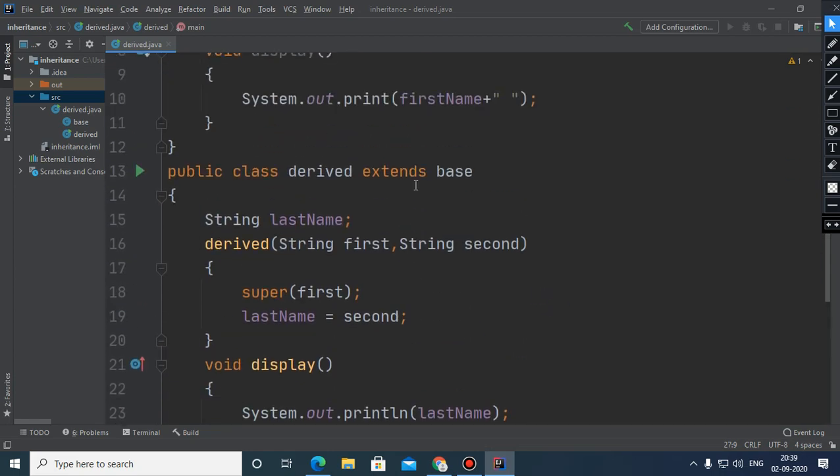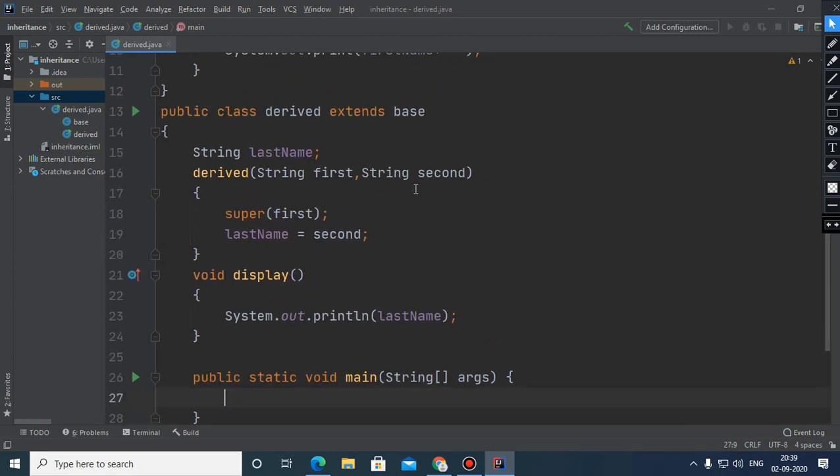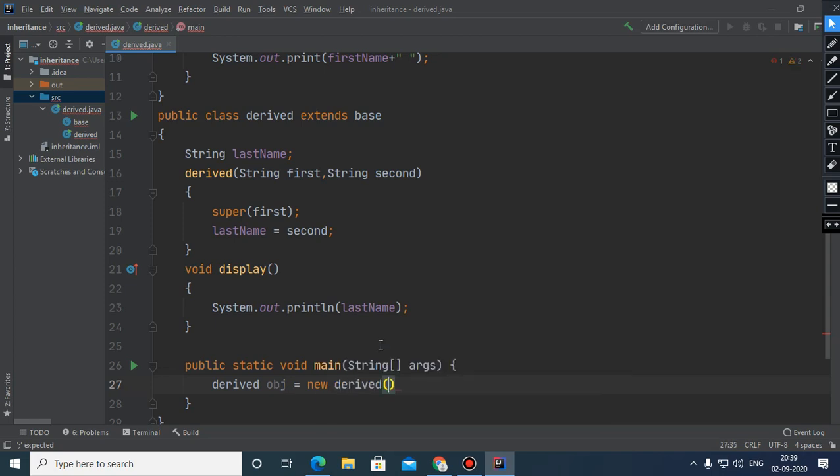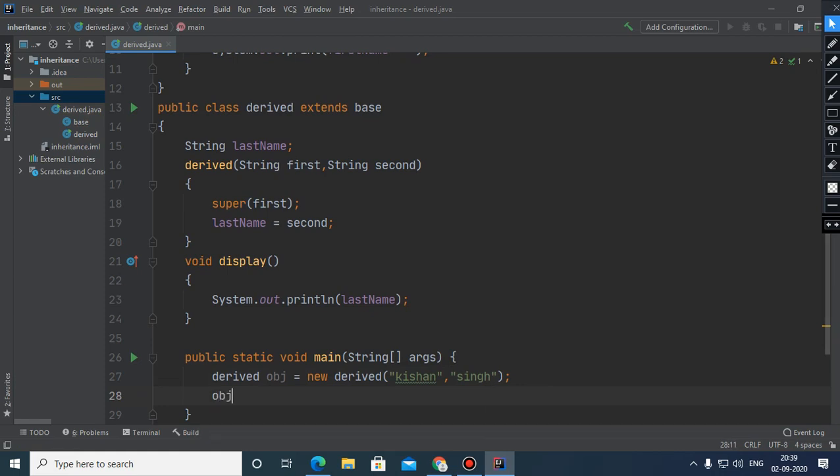That is, derived obj is new derived, and here I am passing two parameters, Kishan and Singh. Then I am going to call this function display.